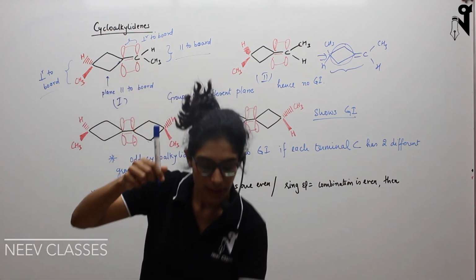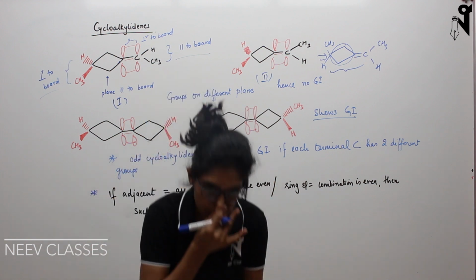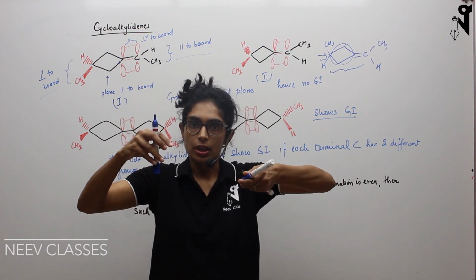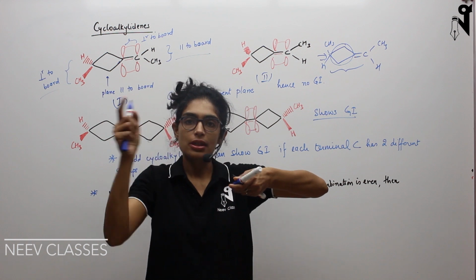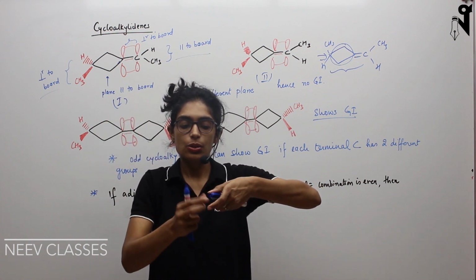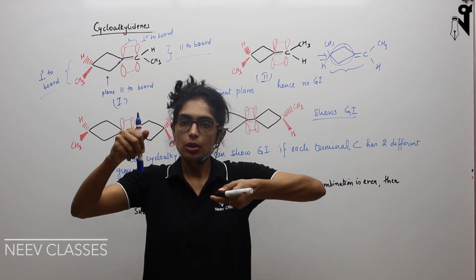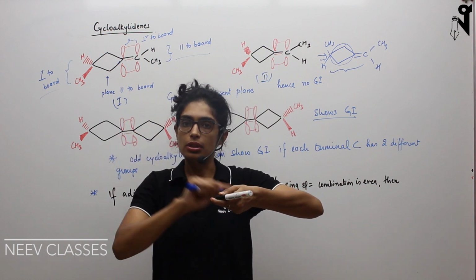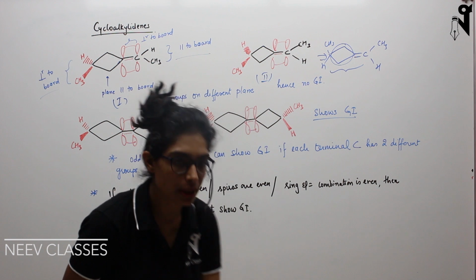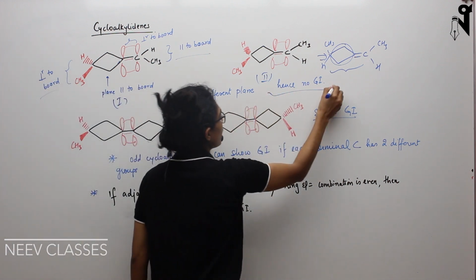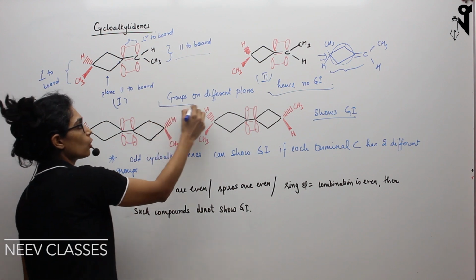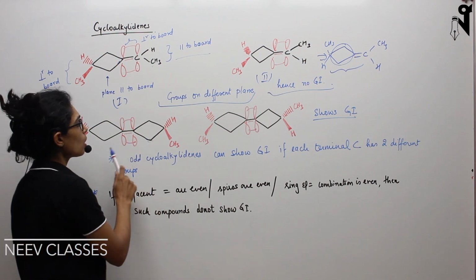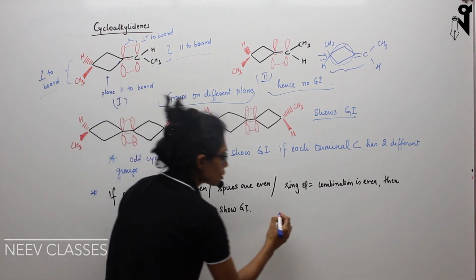So one CH3 is like this and another CH3 is like this. Assume if this is the CH3, this is going to be another CH3. So the distance between this CH3 and this CH3 is going to be a diagonal sort of distance. If I switch it over, then also the distance will remain the same. Only thing is, right now we were finding the distance from here to here, now we will find the distance from here to here. That's all. So L1 and L2 will remain the same. Such kinds of structures do not show GI, and I have written a general statement over here: groups on different planes. Here the groups present are on different planes, and hence they will not show GI.